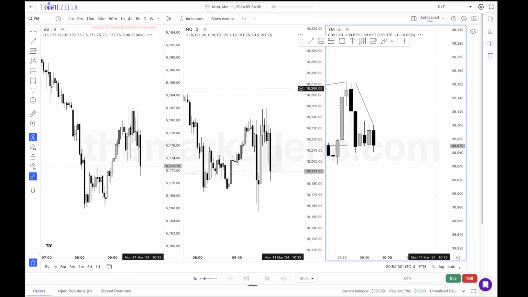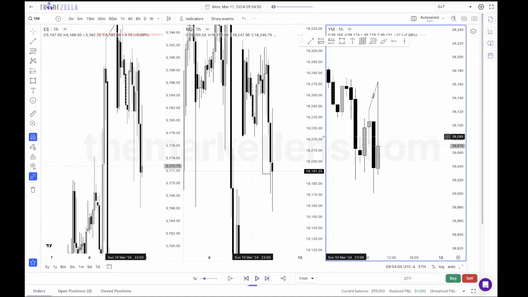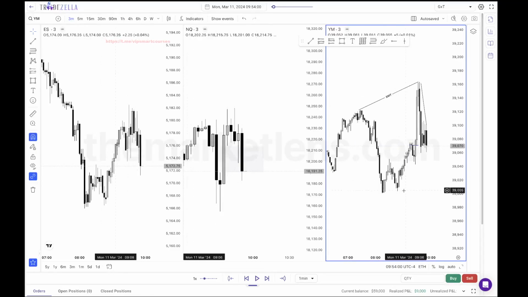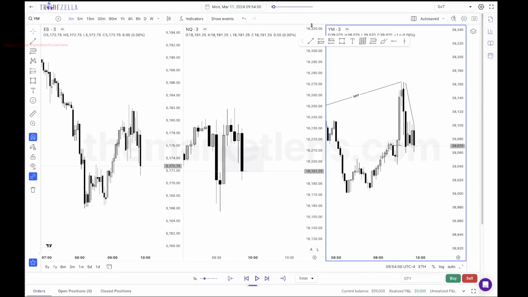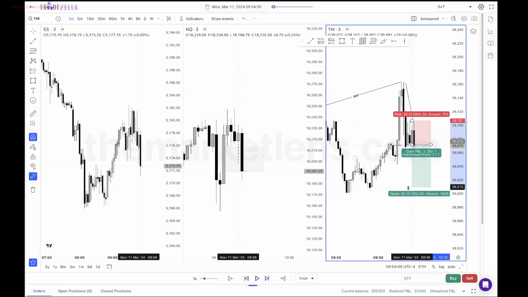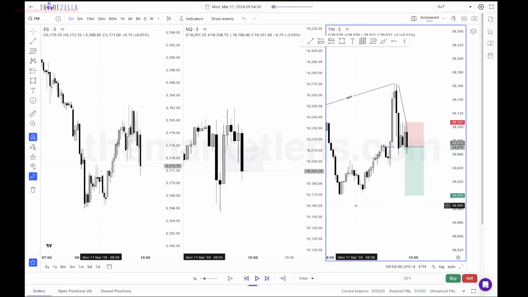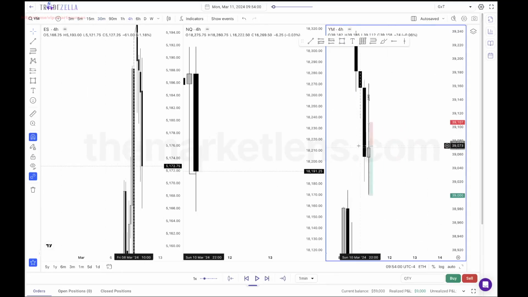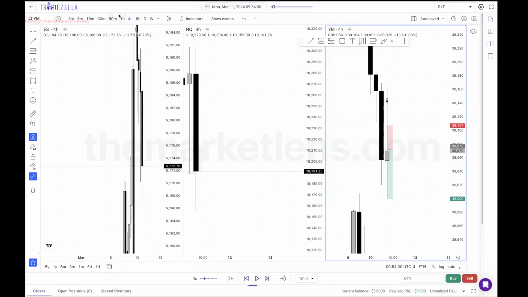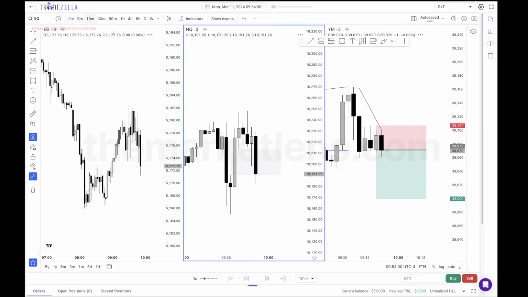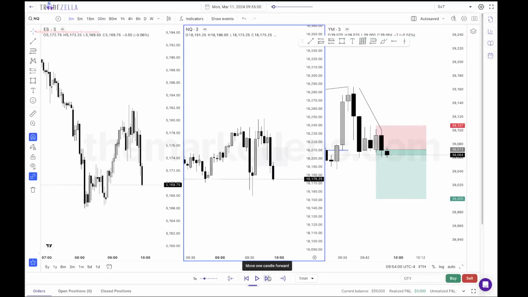What time is it? Hold on. It's not a closure yet. C2. Yeah, technically it's not a close, but I know it's going to go here probably. So it's something you could take. It would look something like this more than likely. But it's a little bit more discretion-based because I got the 4-hour wick, which is pretty large. There's no closure on the 30-minute, so we're going to skip it, but it's probably going to go down there if I had to assume.